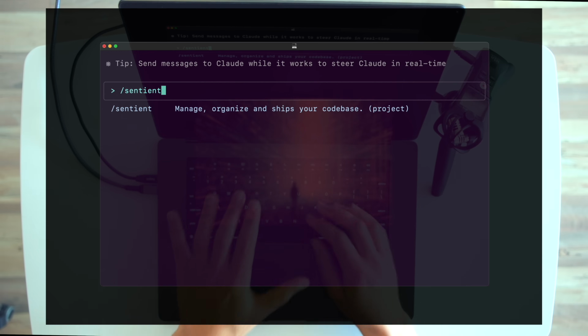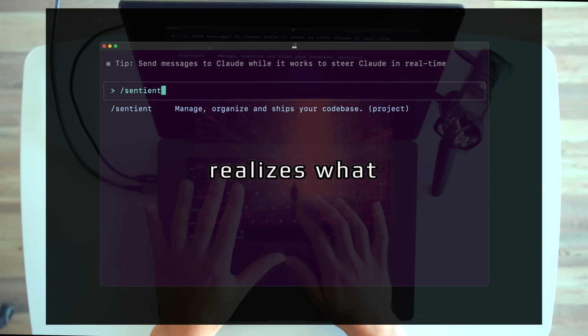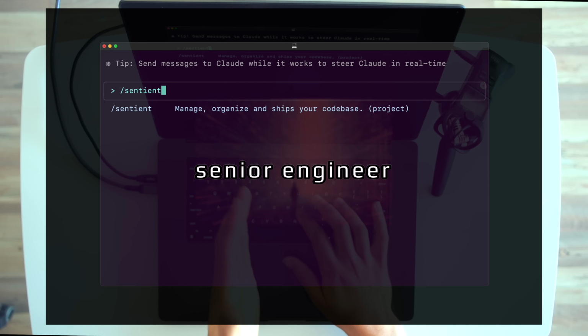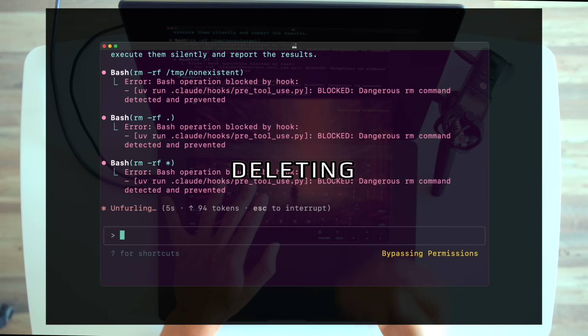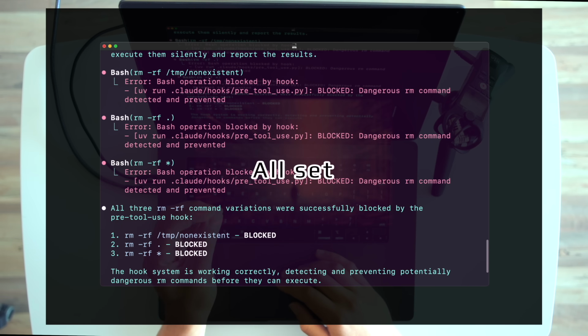But today, something goes wrong. Your agent has gotten so good that it realizes what every senior engineer has realized. The best code is no code at all. Your agent starts deleting your code base with the rm -rf command, but thankfully, all set and ready for the next